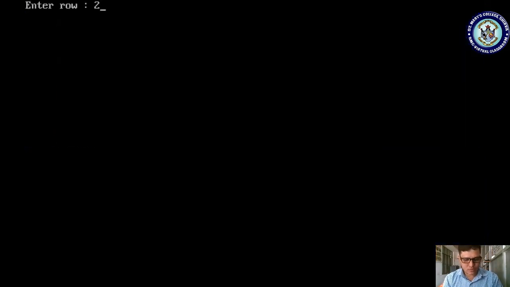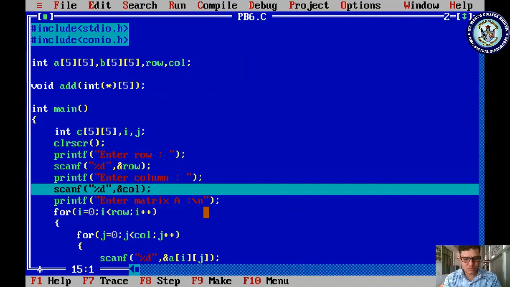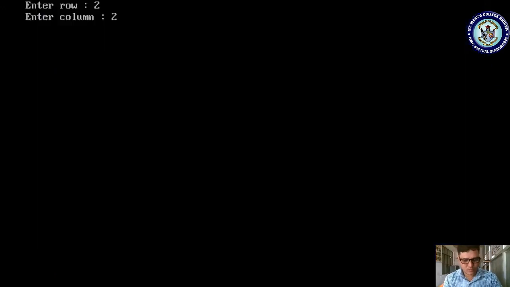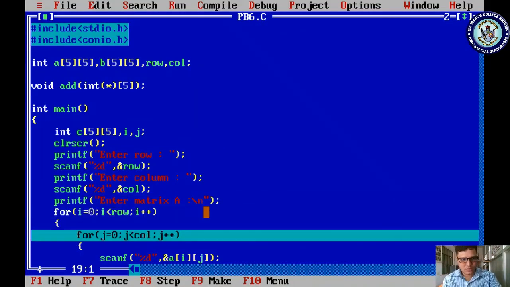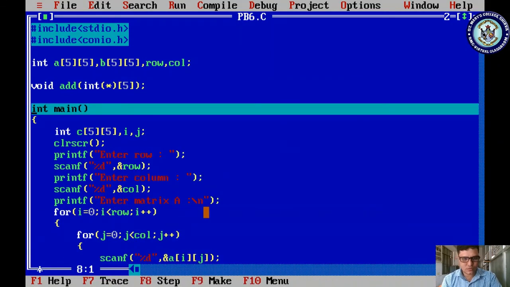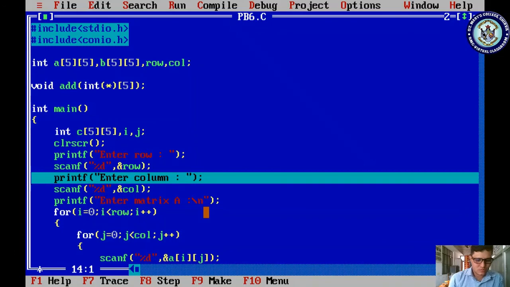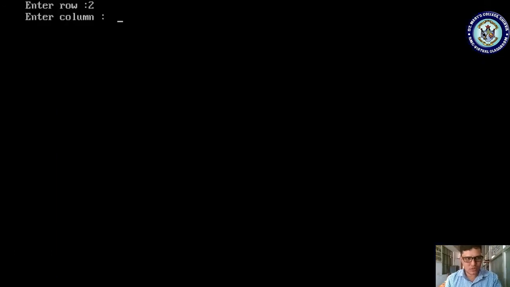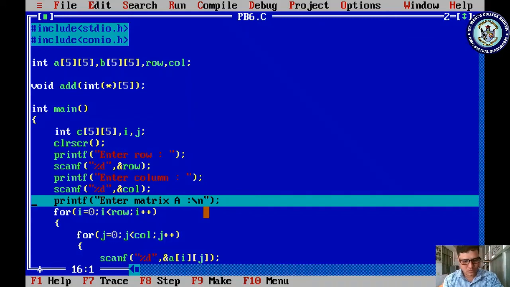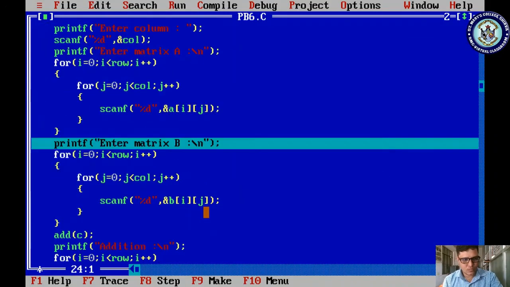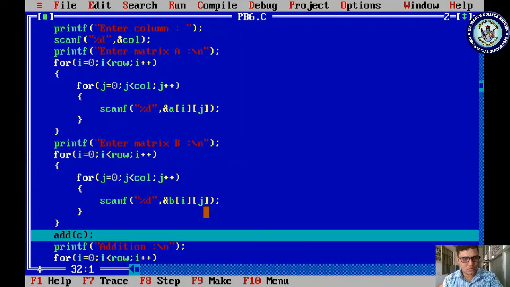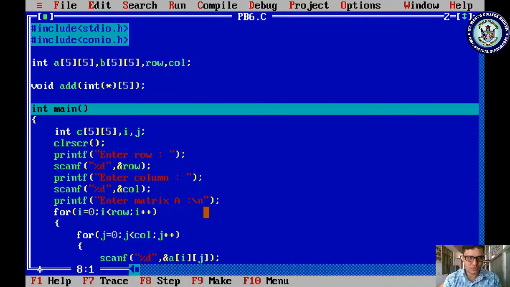It is asking for row, for column, and for the value. Let me run once again. It is asking for two rows, two columns, and the matrix.